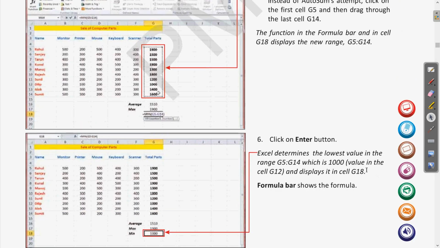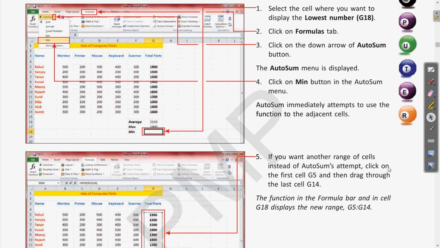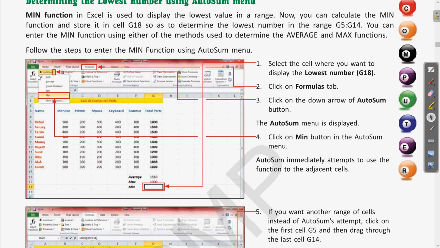Excel determines the lowest value in the range G5 to G14, which is 1000, and it is displayed in the G18. Clear? So we have seen that in the auto sum menu there was an option for the min button. So we have selected that min button and then we have dragged the range.